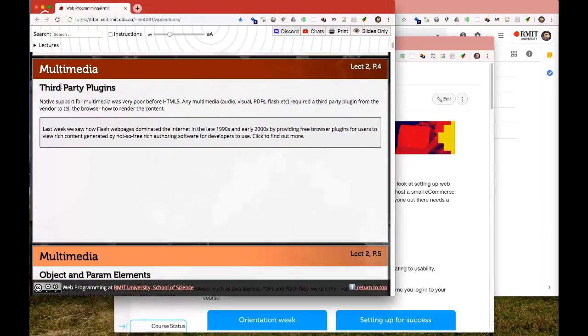I'm going to look at multimedia, and previously, before HTML5 became a very strong standard, multimedia had to be embedded using third-party plugins. And last week we did look at Flash, which is a very nice visual way of presenting web pages that was very popular in the very late 90s and early 2000s. But these days, what we do see is that